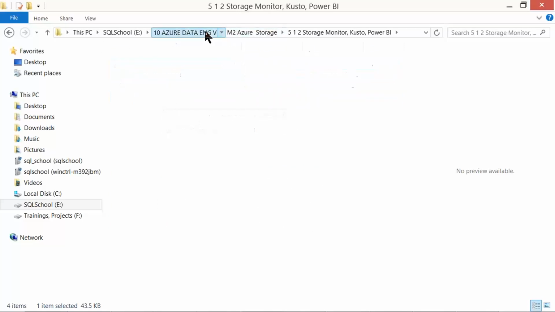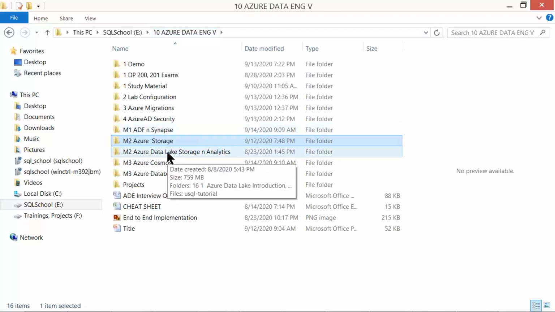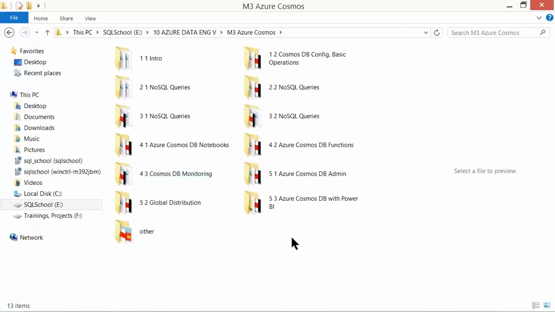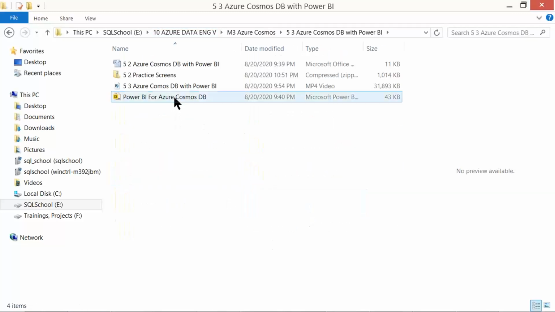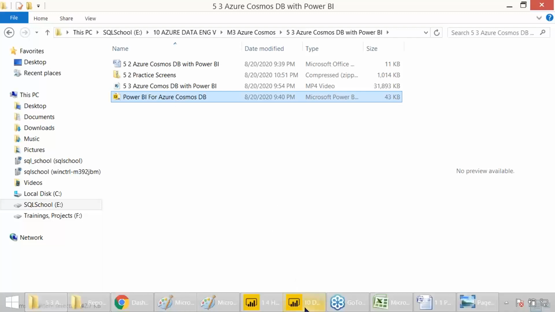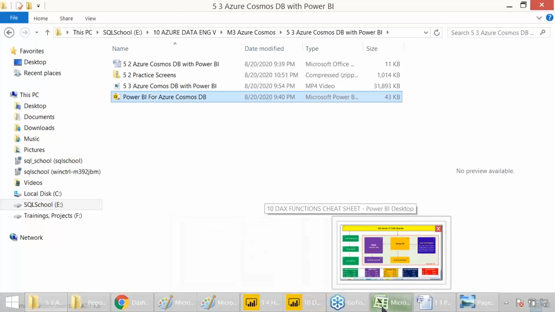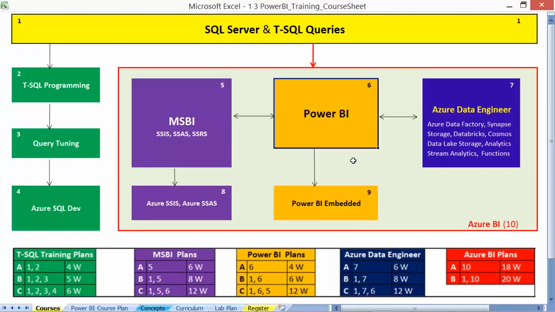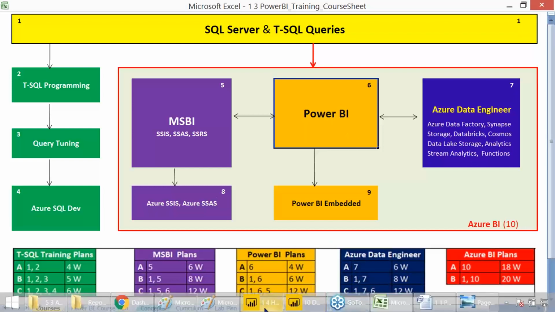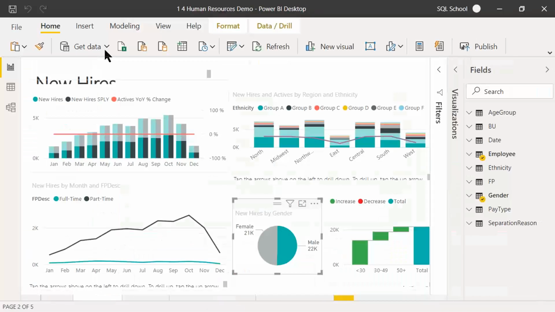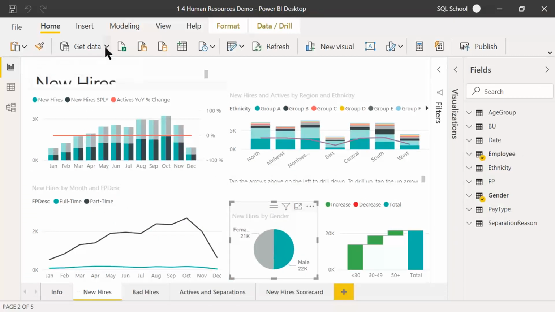Every storage environment, for example Data Lake or Cosmos or Databricks, everywhere we have Power BI. Power BI is a common reporting environment for almost everyone who works with any data platform on the Microsoft side. Of course, Power BI is not limited to Microsoft; it is a common reporting environment for various types of data sources.